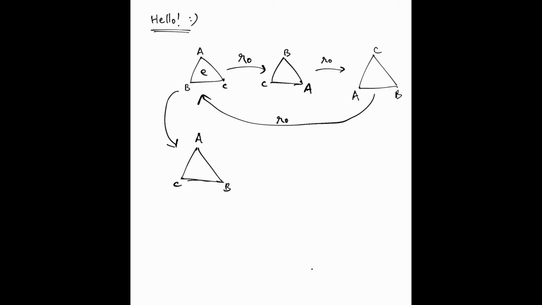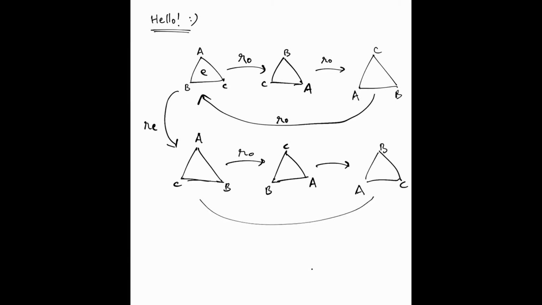So I could reflect it. So B goes to the position of C, C goes to the position of B. And let's call this map re, right? And I could do the rotations for this also. And rotation was A, B, C. And you see how they're distinct from the rotations above,